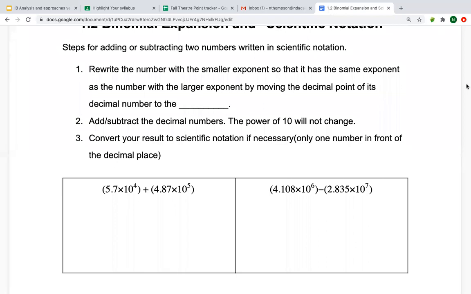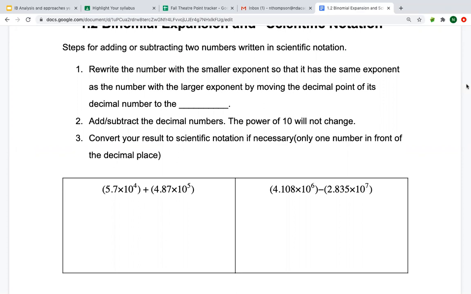Okay, so I am really hoping that you guys are familiar with scientific notation, and this will just be a review, but a lot of you highlighted it on your syllabus, but I'm hoping it was just the way that it was worded that confused you. So when we're working with things in scientific notation, or in the form a times 10 to the k,